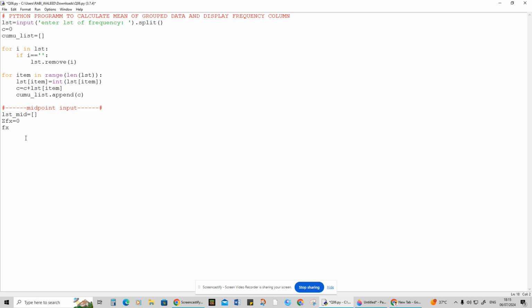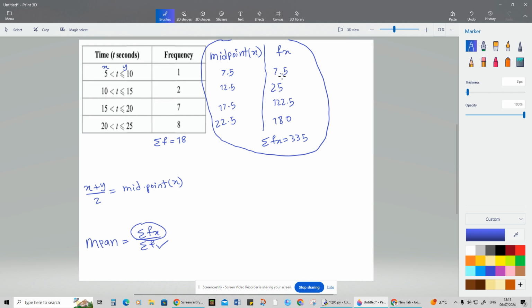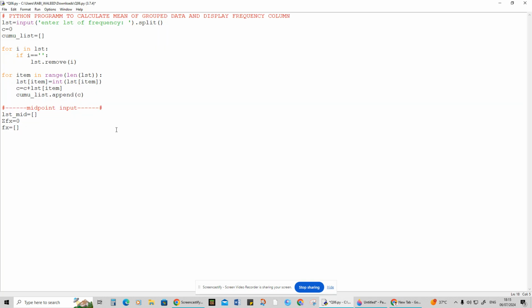And then fx equal to square bracket. We're gonna store our fx as we taught here. These calculated values should be stored into the square bracket fx that we have initialized in the program, and then it should calculate to get sigma fx. So now let's proceed forward. Now we're going to use a for loop, for i in range,